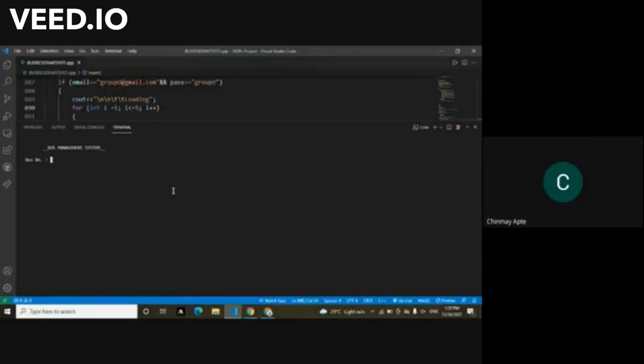Okay, so the next function is bus seats detail. So we can take any bus number. And here we can see the total number of seats, then the reserved seats and number of empty seats.